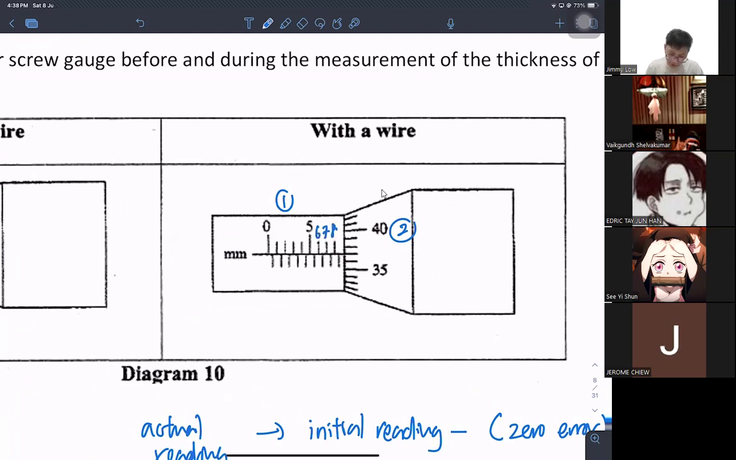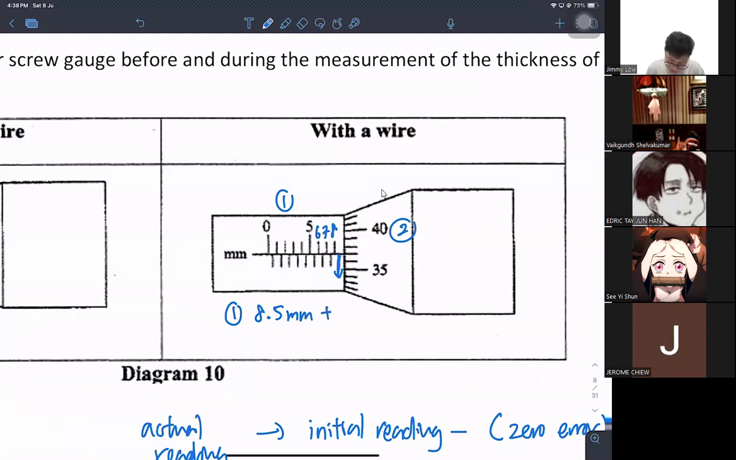Okay, but we are not going to take 8 because here we have something at the bottom. So it's 0.5. So the first measurement would be like the big ruler. The big ruler will be 8.5 mm. Okay, 8.5 mm. So